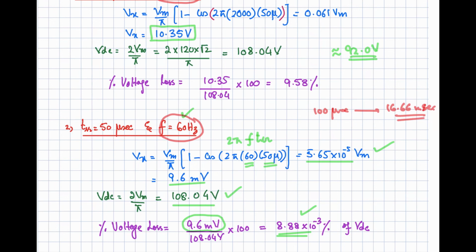So at higher frequency, the reverse recovery time is very important to consider, because it is a significant portion of your time period, so it will affect the output voltage of your rectified circuit. If I conclude this video, we have discussed the effect of the recovery time of the diode, and we have seen two examples for the effect of source inductance and the recovery time on the output voltage of your rectified circuits. So that's all from this video.